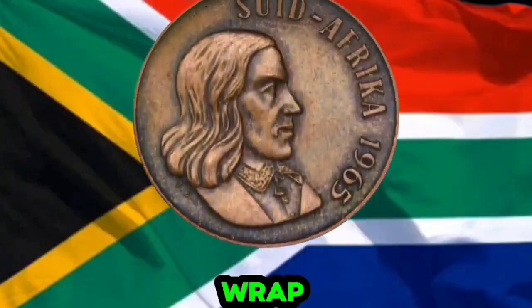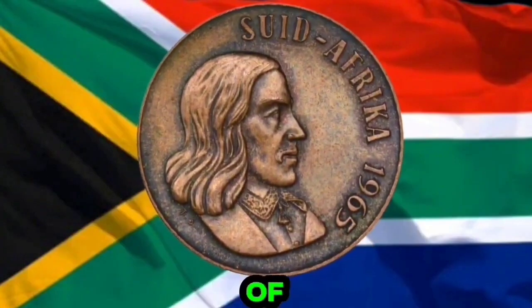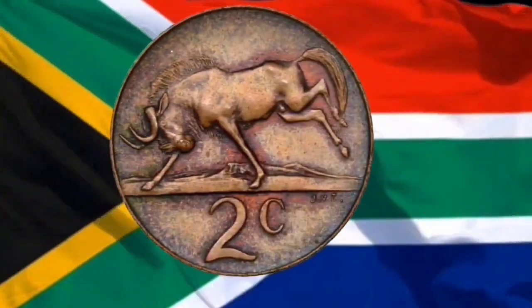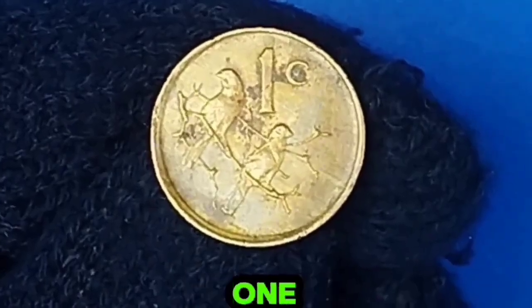To wrap things up, the 1965 South African 2-cent coin with the S mint mark is a prime example of how a small error in minting can turn a regular coin into a multi-million-dollar treasure. Whether you're a seasoned collector or just starting out, this story